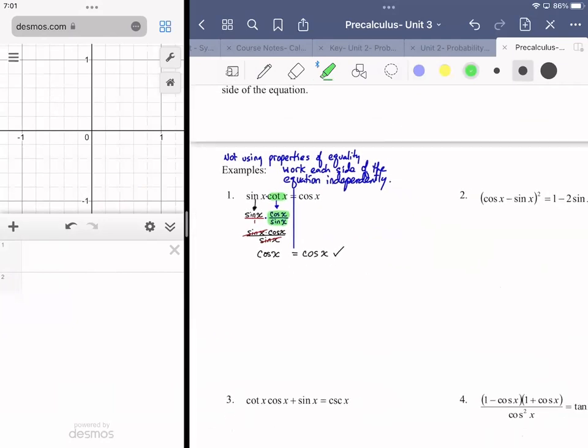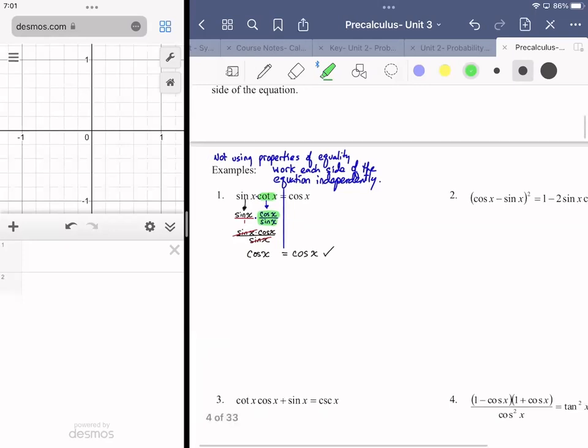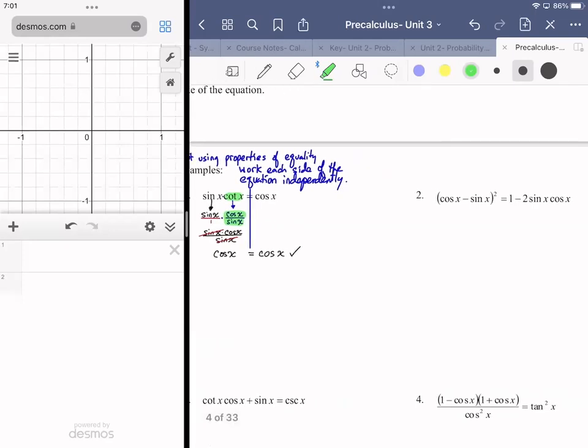So let's do another one. Number two, and you'll see in a lot of cases, it comes down to your ability to diagnose what's going on within the identity, because you'll look at it and say, well, in number two, I have all cosines and sines. I don't know what to do here. And then you look at your rule list and you see, well, I don't see a rule related to what I have written here. However,